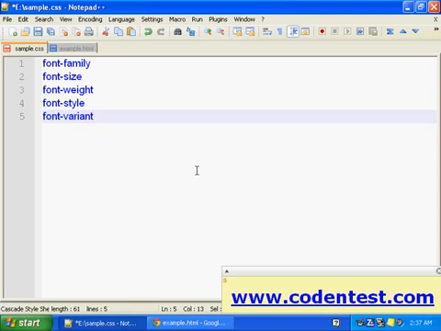We'll see these one by one. First, font family.